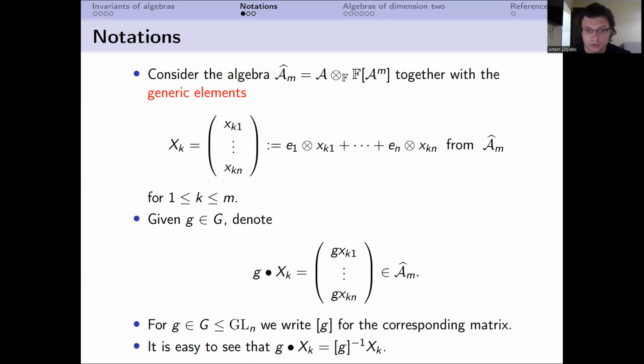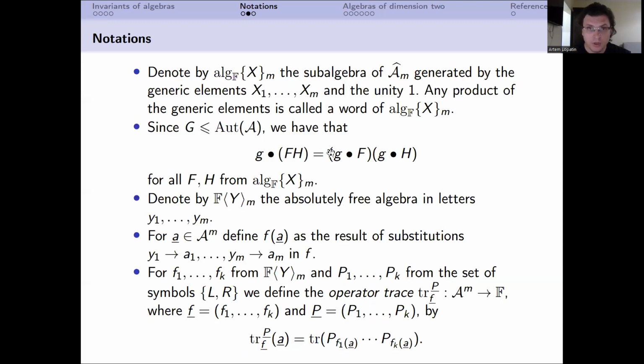And so it's very easy to use this formula to write down explicitly the result of the action of group G over elements from the coordinate ring, in case elements of a group G are written down as matrices, and we know explicit form of them. Okay, and now I'm gonna define explicitly these traces, but before this, let me show some formulas.